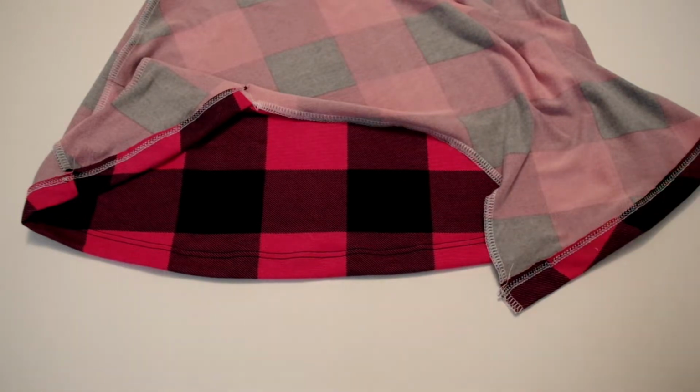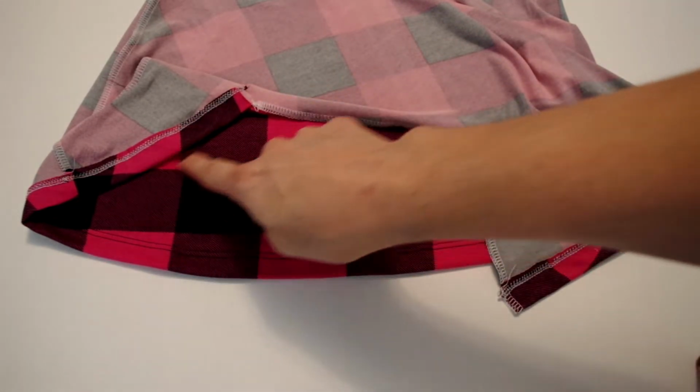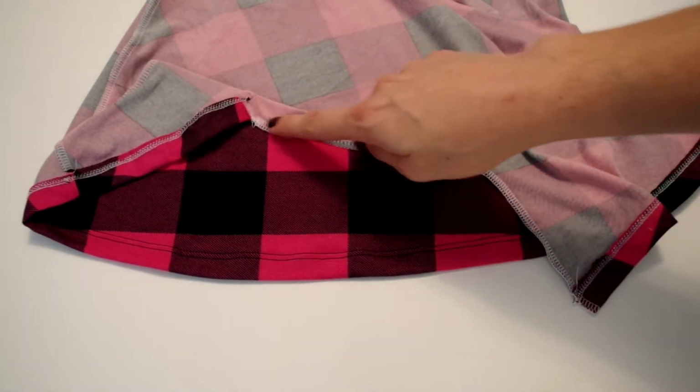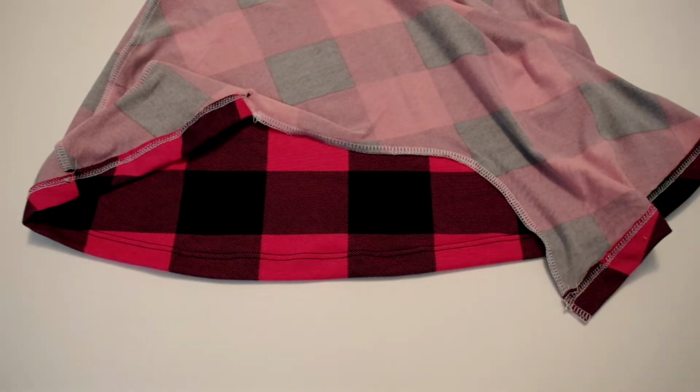Okay, so now that we've got it all put together and hemmed, this shirt is wrong side out right now. I just wanted to show you that the hem is going to stop pretty abruptly right before we get to our serged inseam. So now we're going to flip your fabric right side out